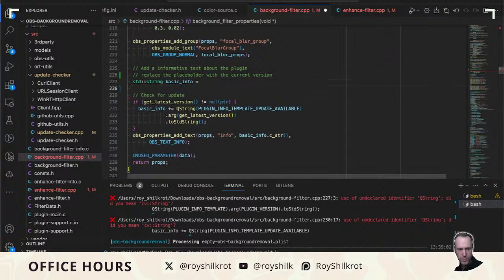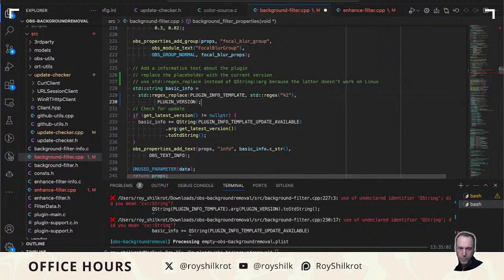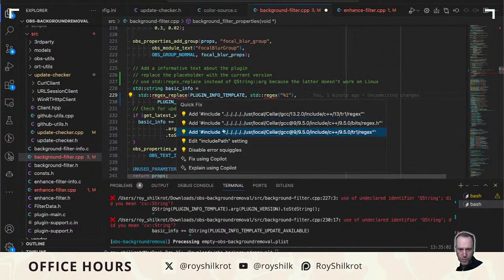Okay, so let's do this. QString. Nope. I want to use STD for memory management. Still using QString. So use std regex replace. Let's try that too. Regex replace has no member. I need to include